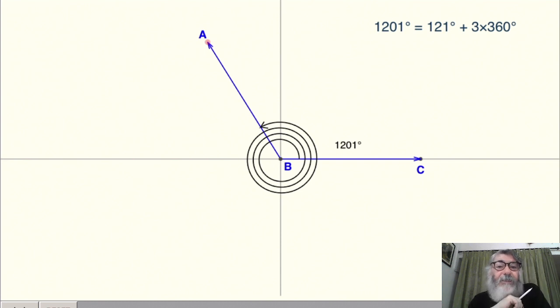Now, if you see, the angle at this time is 1201. If I take sine 1201, then it's alright, it will be positive. If I take cosec 1201, it will be positive. But if I take any other value like tan, cot, sec or cos, all will be negative. Now let's move it further.